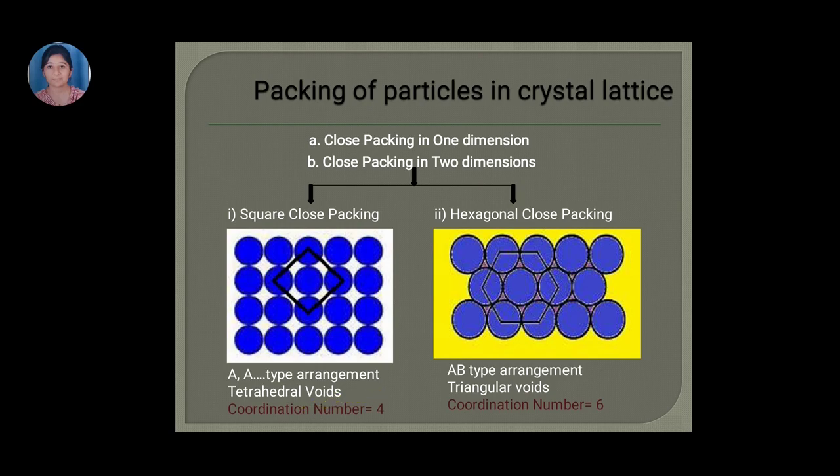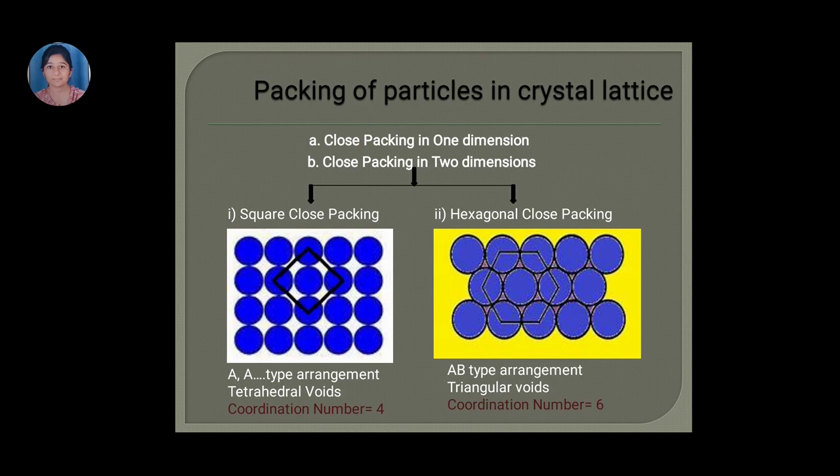Now what are these voids? If you see, between these atoms you can see this empty space. Of what shape that empty space is made, we can see from that depression or in that layer or in that gap. So these are nothing but the voids, the empty spaces in between the atoms arranged. Such voids can be of any shape. If you see here in the square close packing structure, these voids are tetrahedral. That is why square close packing forms tetrahedral voids, we can say.